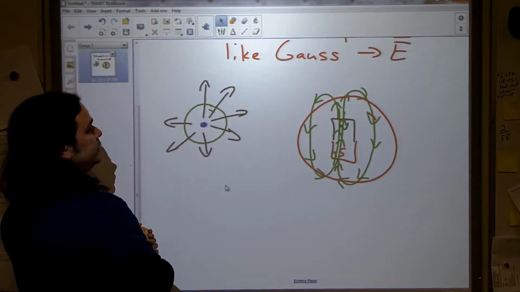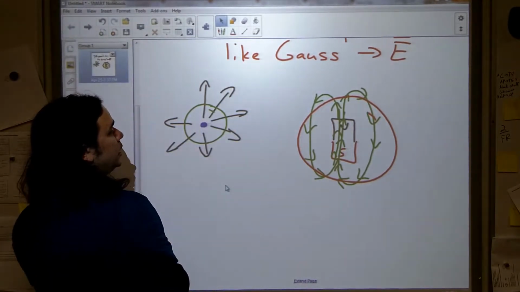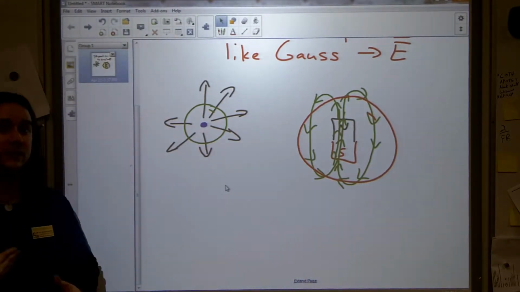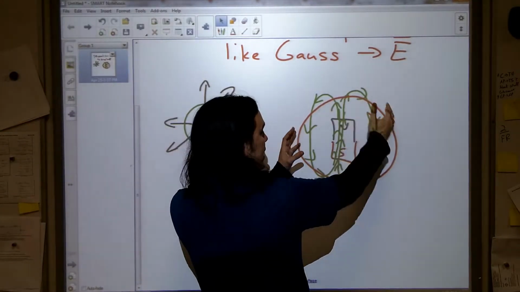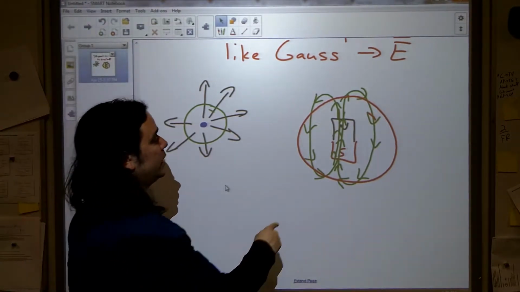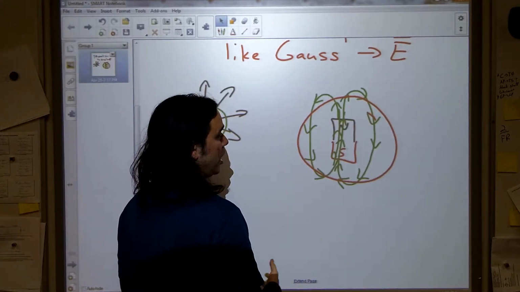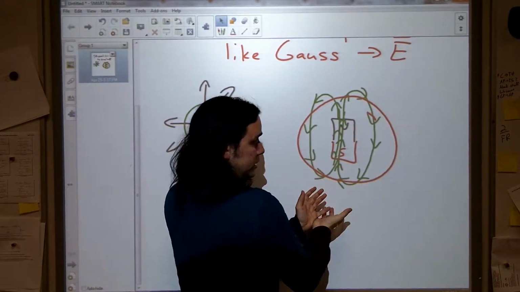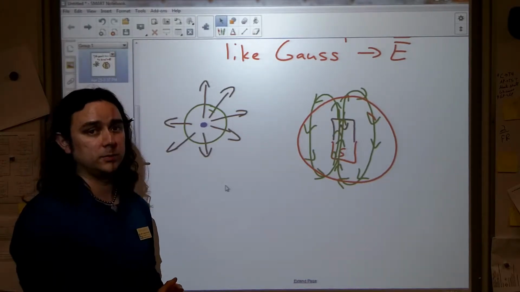That's what makes them noticeably different from electric fields, where we can have a net charge and the charge's electric field can kind of go off to infinity. We can have lines coming through the bubble. We can have a net flux. In this case, with our setup here, if we encase the entire magnet, then since the magnetic field lines are closed loops, whatever goes out has to come back in, and our net flux for a magnetic field through a Gaussian bubble, a Gaussian surface, a closed surface, will always come up to zero,